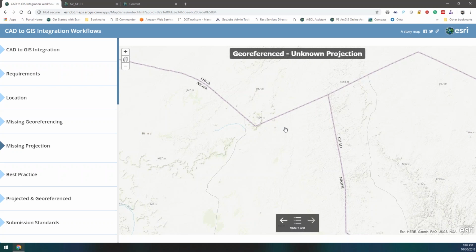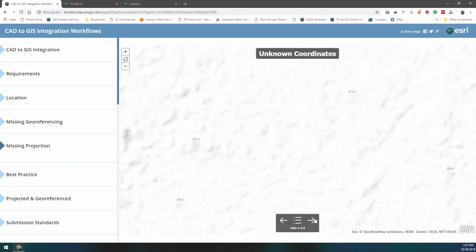it looks like my CAD file is still rendering. When the CAD file renders, it comes in the middle of Africa. That's not really what we're looking for. That's not where we want the CAD file to show up, and I'm not sure why it's not drawing at the moment. But